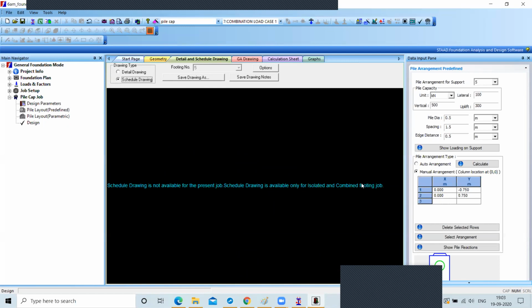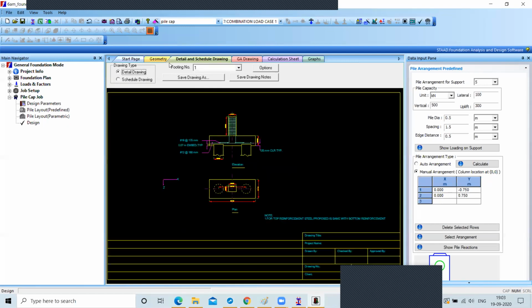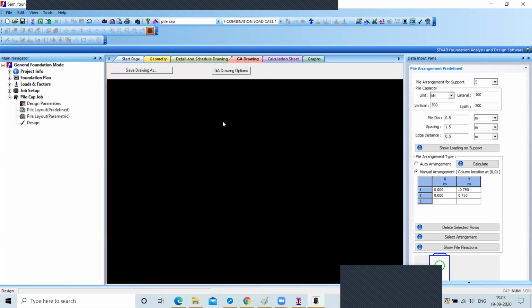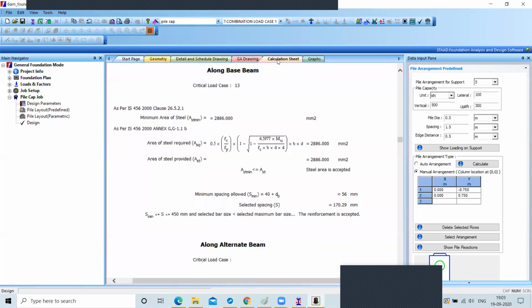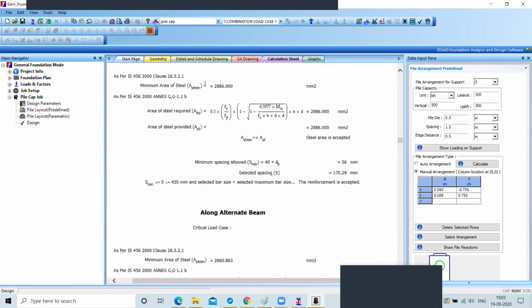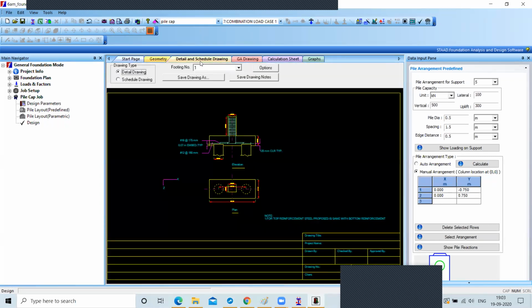There are no GA drawings also, and calculation sheet we already discussed. So this is all about the pile cap footing.